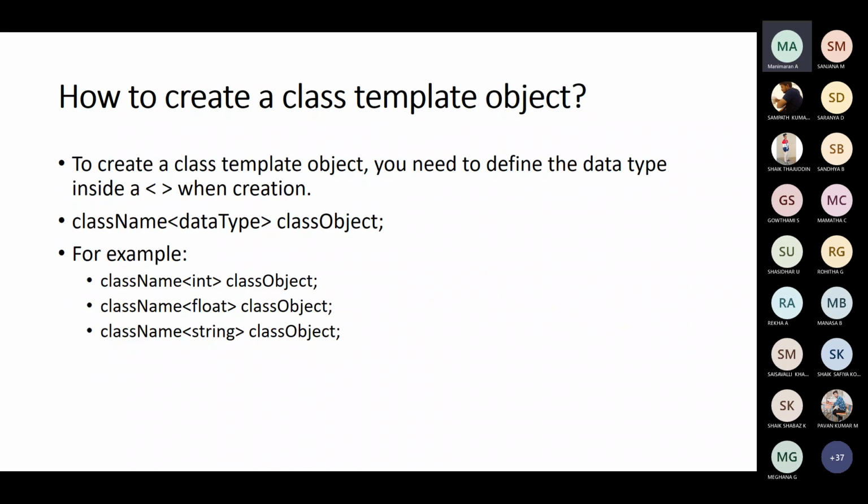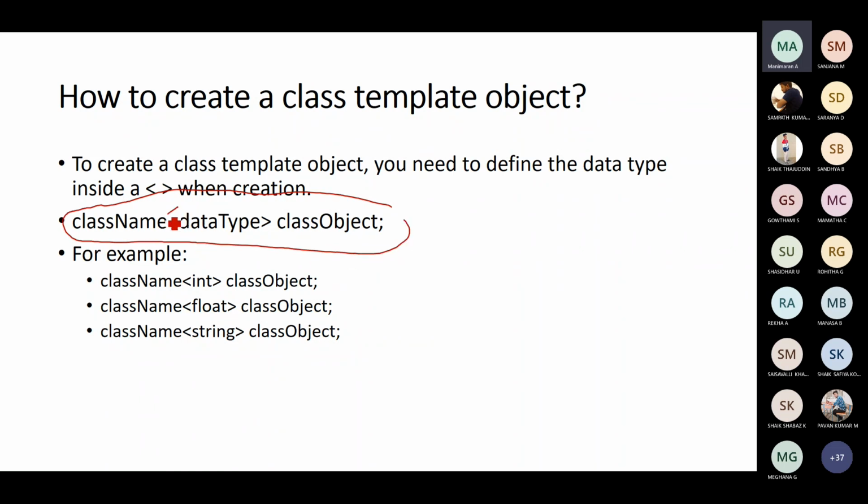So how do we create a class template object? As I told you already, generally how do we create an object? Class name followed by object name, semicolon, that's it. If you want to pass parameters to a constructor, then we have to pass the values. But in the case of a class template, how can we create an object? See this, this is the way we have to create the object. Class name